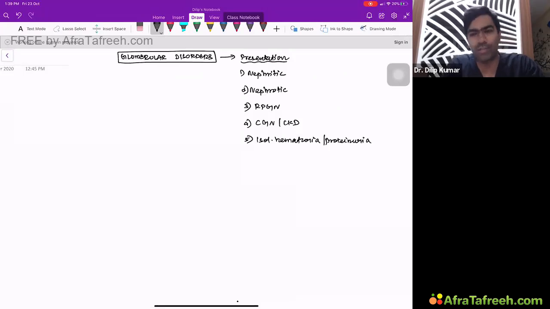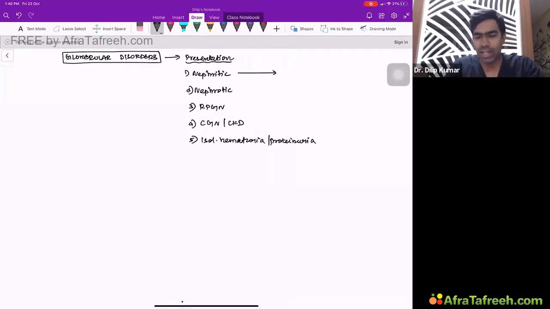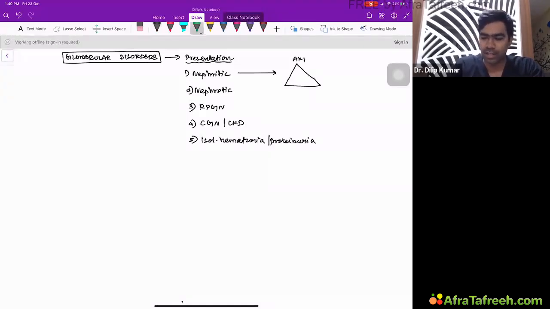So these are the ways of presentation. This is how they're going to present basically. To start with, when you call a patient as having a nephritic syndrome, we know that there are certain classic hallmarks of how a nephritic syndrome is going to present. Typically a nephritic syndrome will have this particular triad. This triad is variable in different textbooks, but the usual triad says that these patients will have AKI,